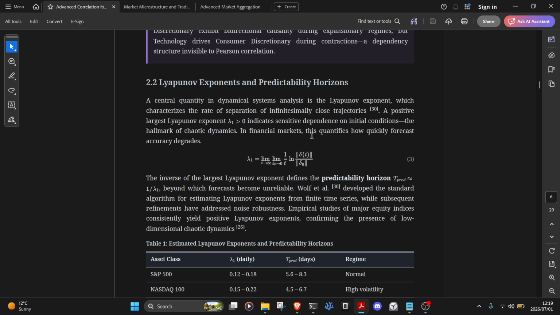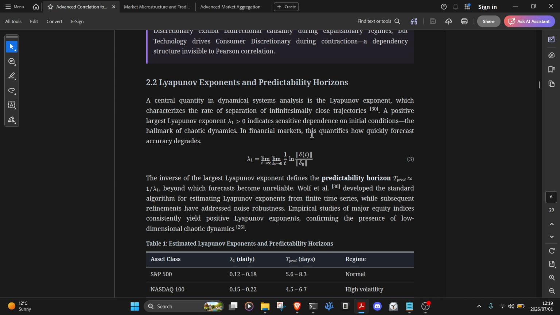2.2 Lyapunov exponents and predictability horizons. Here's where it gets very interesting. A central quantity in dynamical systems analysis is the Lyapunov exponent, which characterizes the rate of separation of infinitesimally close trajectories. A positive largest Lyapunov exponent, lambda sub 1 greater than 0, indicates sensitive dependence on initial conditions, the hallmark of chaotic dynamics. In financial markets, this quantifies how quickly forecast accuracy degrades, where lambda sub 1 equals the limit of